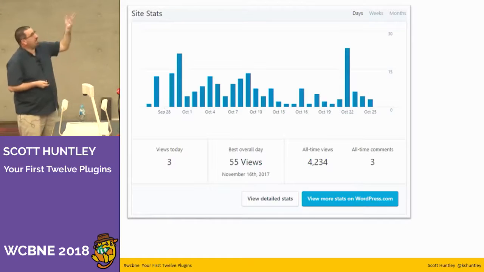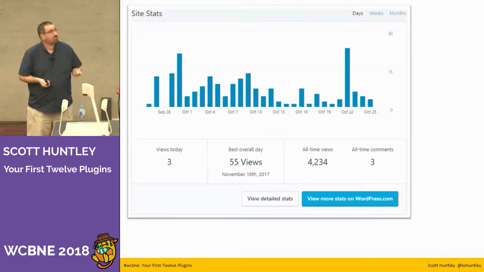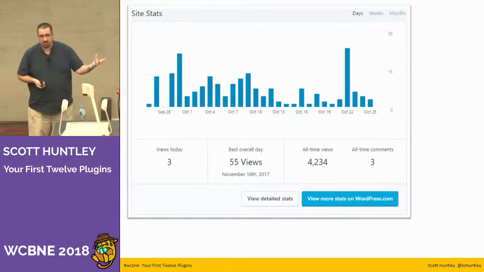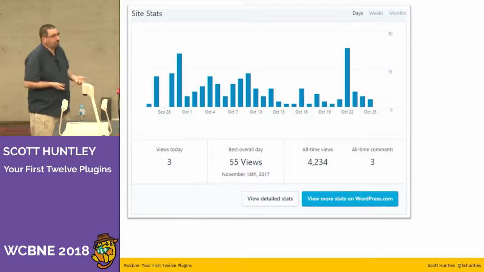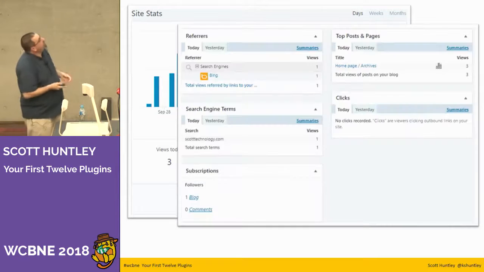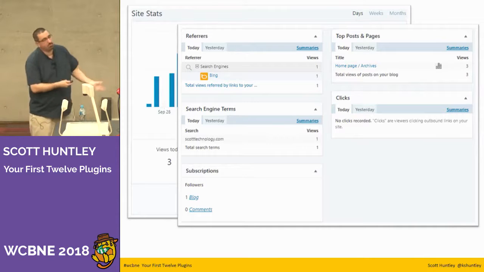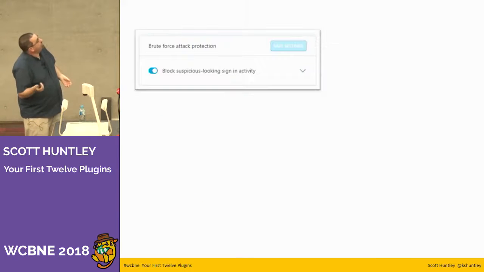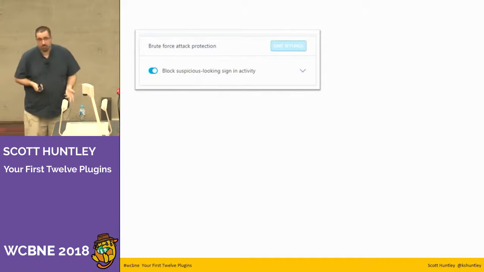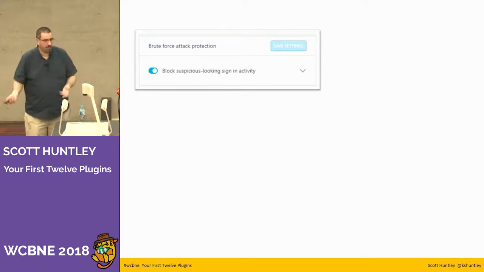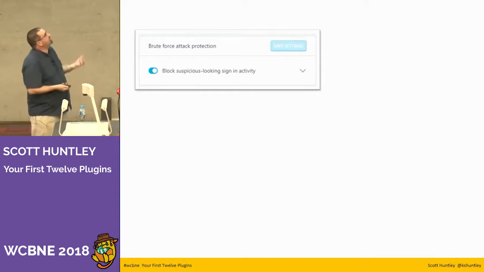So they do things like stats, and I love to have the stats to see how well my site is doing, not at all. But they build the stats that you get at WordPress.com into your actual WordPress blog now. And you can see all kinds of stuff, slightly different ways of displaying the same information as before. They also have this thing which will protect you against brute force attacks. I turn that on even though I already have that in Wordfence. I probably could turn that off, but